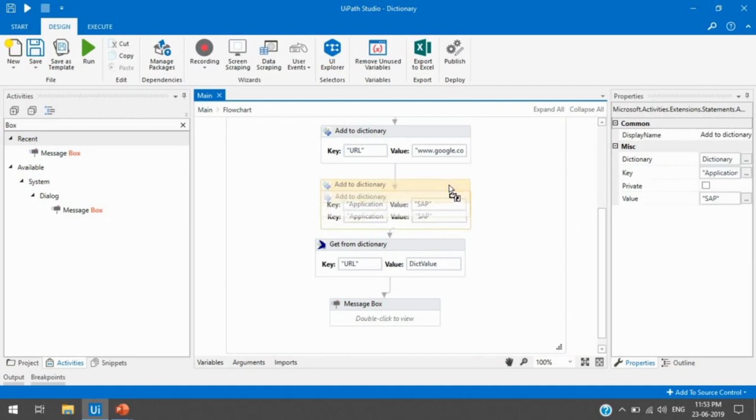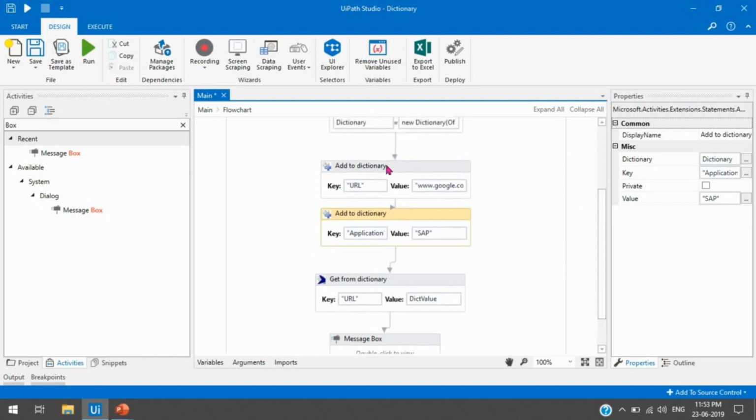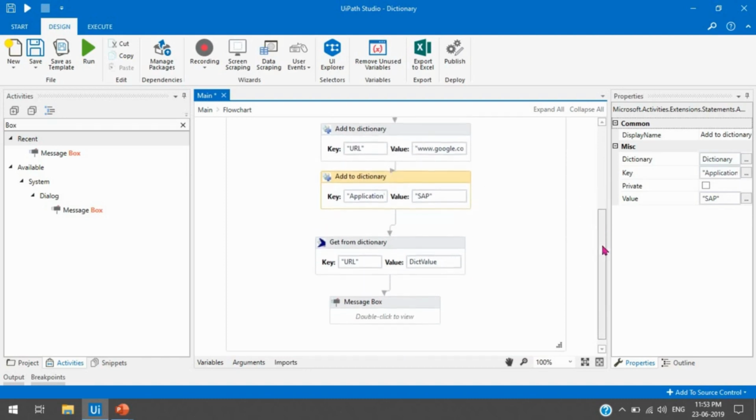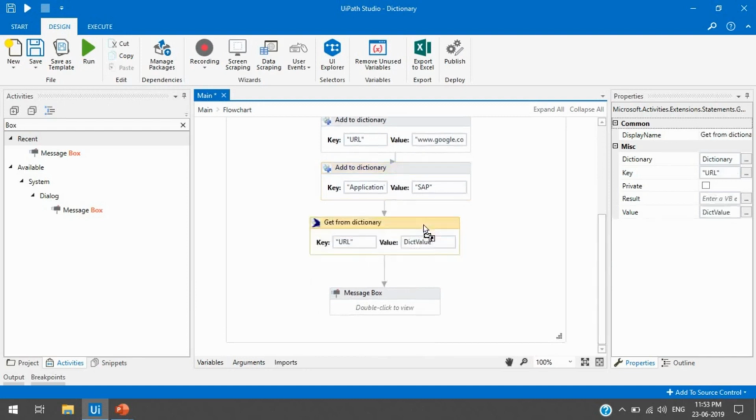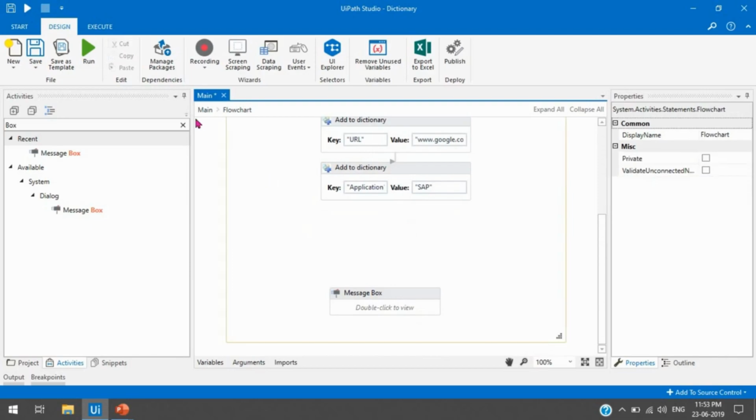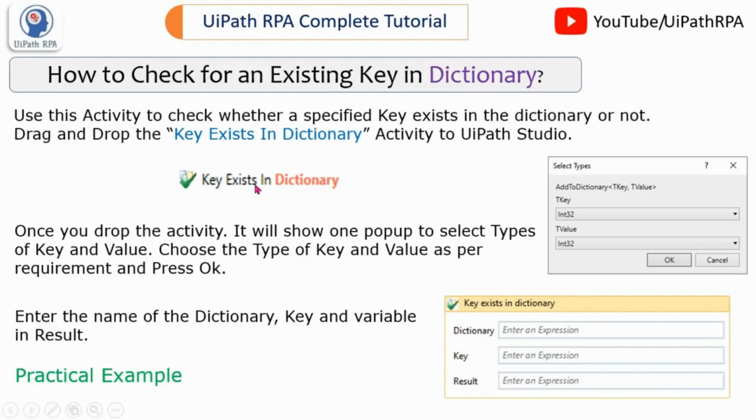Let's suppose we have already created here, but you don't know whether we have already added this key URL in the dictionary or not. So for that I am just going to take this activity to check the existing key in dictionary.